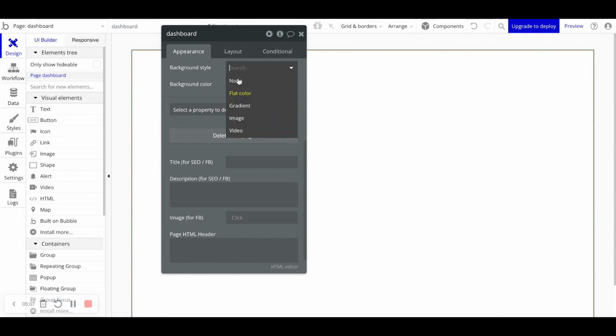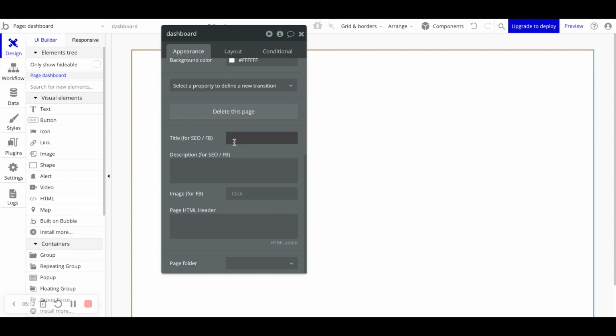It doesn't have to be a color. It can be a gradient, an image, a video, etc. But down here, you can see you can also add SEO settings to the page itself. So definitely recommend going through this, and of course, adding the relevant SEO settings that you'd like for each one